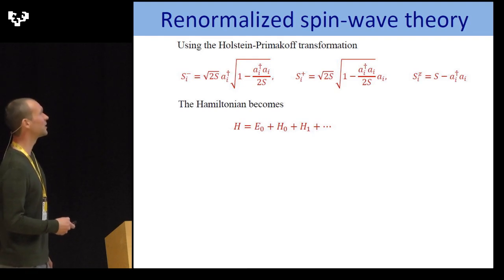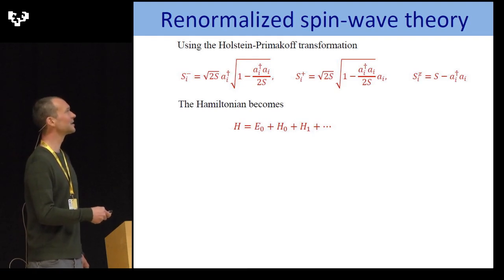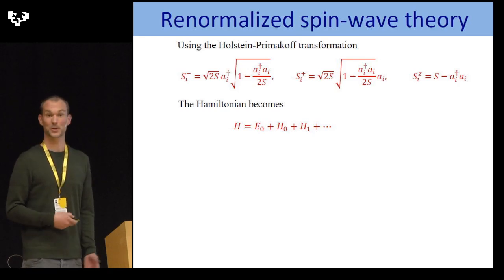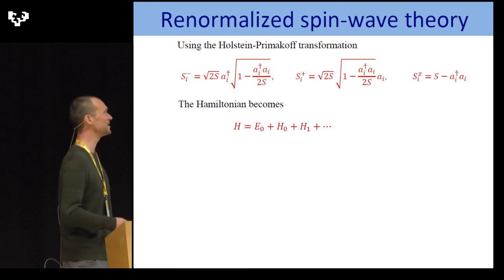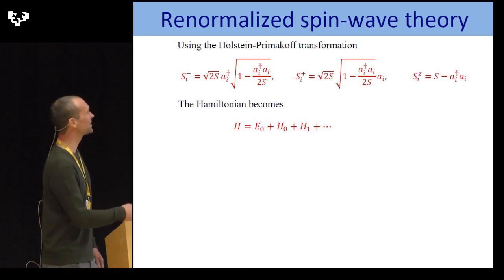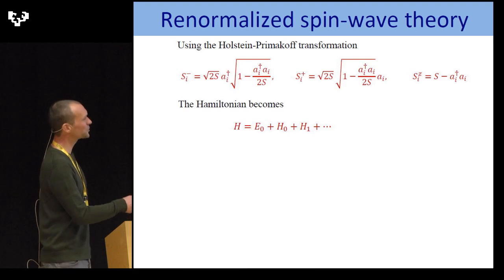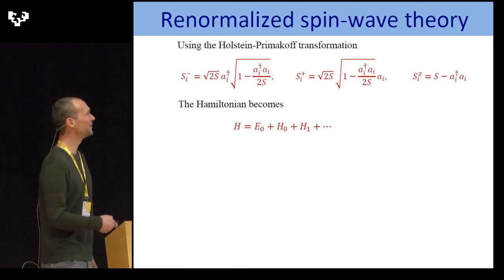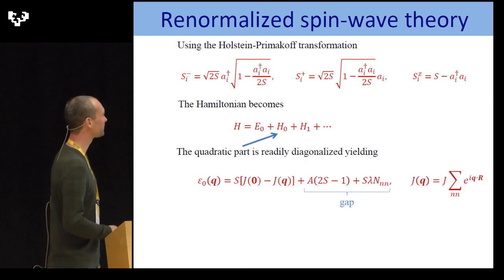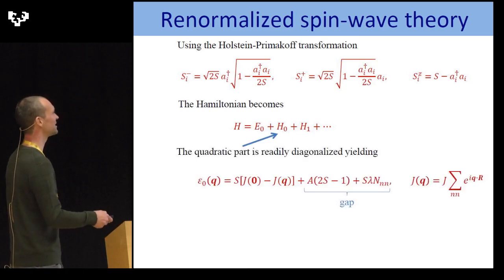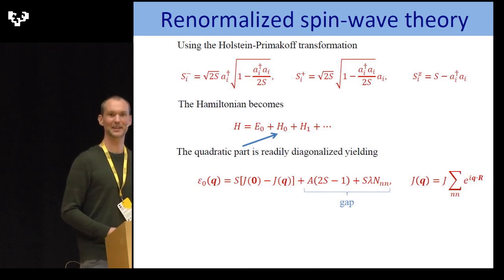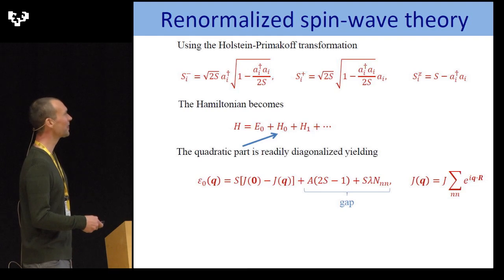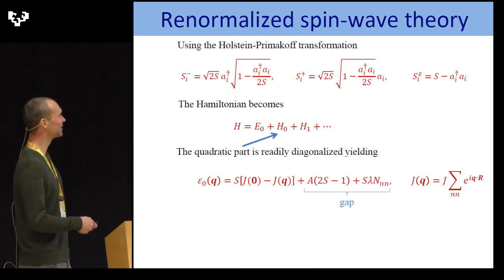And one can show that if we take these operators to satisfy bosonic commutation relations, then the spin operators will also satisfy their commutation relations. So that's good. But of course, we have this square root, so we have to expand that, and it means the Hamiltonian becomes a power expansion in these A daggers and A's. We just take the H0 part here. That's the part which is quadratic in raising and lowering operators. That can be diagonalized directly. This gives this